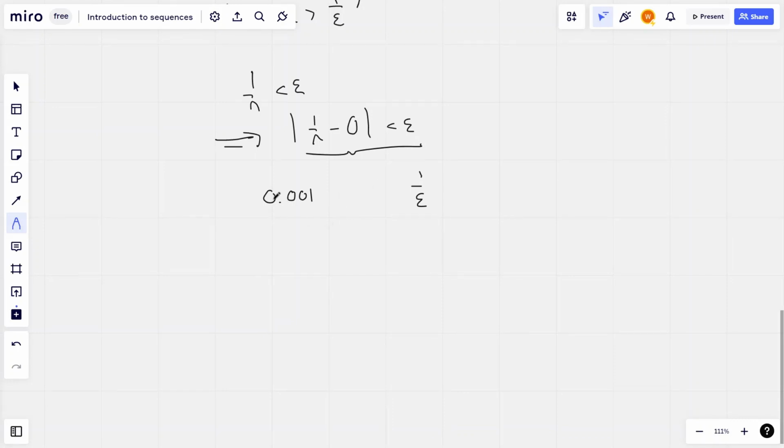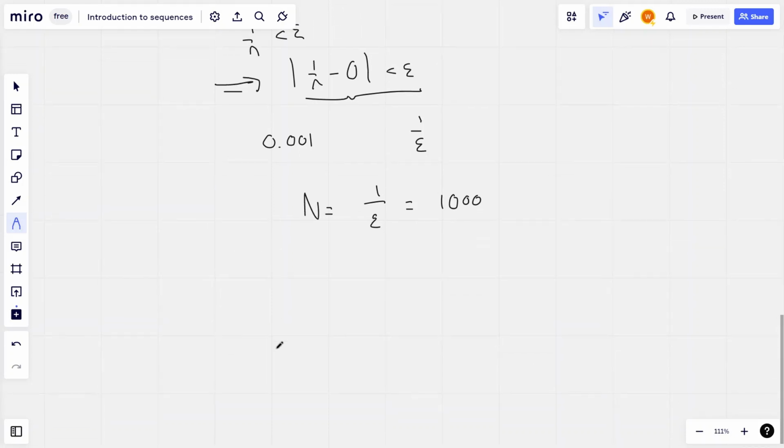So we take N equal to 1 over epsilon, which is equal to 1000. So even though the terms before that may or may not get closer than this epsilon, we can guarantee that every term after the 1000th term